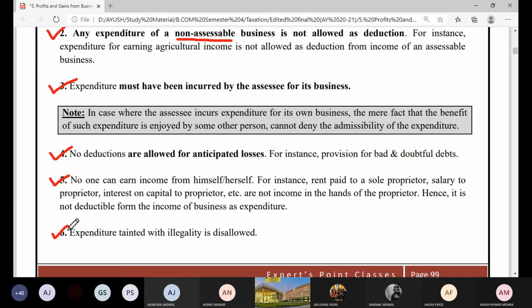But when we start finding profit, we need to deduct expenditure also from these incomes. Here, the government made a restriction that expenditure relating to illegal business cannot be allowed. That means income from illegal business is taxable at its gross value, whereas incomes from legal business are taxed at their net value.